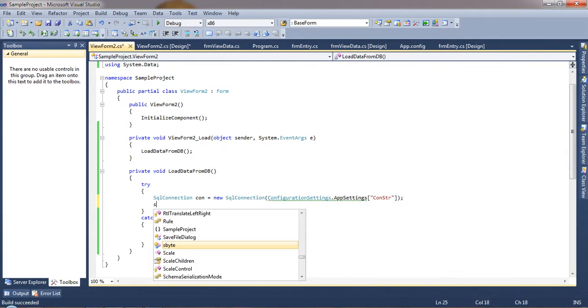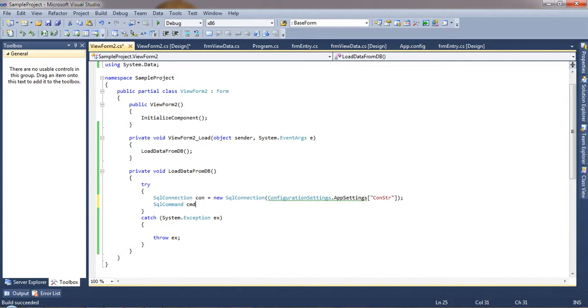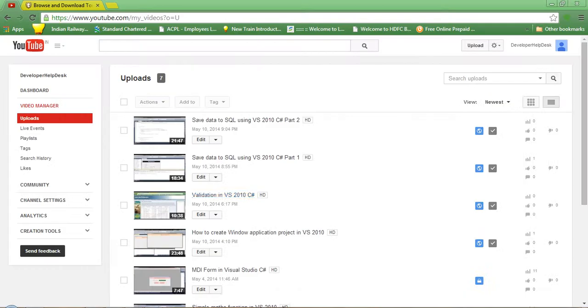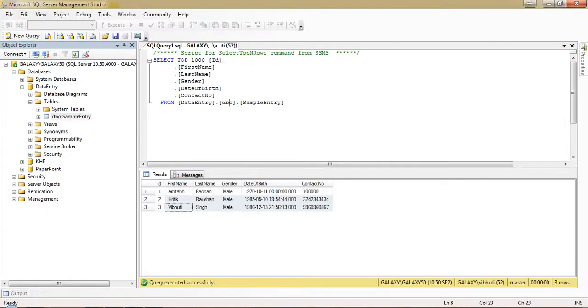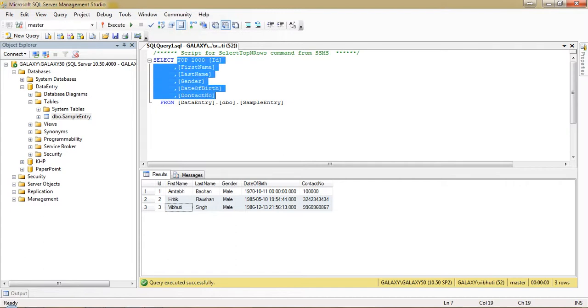The next is SQL command cmd equal to new SQL command. The third is command text equal to whatever query we are writing in SQL. So we are writing select all from sample entry. This is the table name.